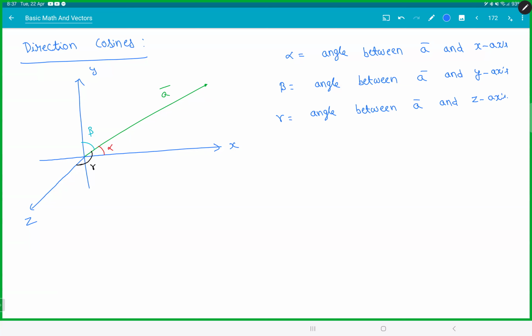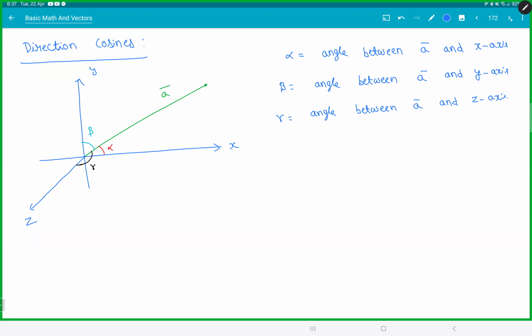So how do you find the angle between two vectors? Use the dot product, isn't it? So listen to this. When you say angle between a bar and the x-axis, indirectly you're asking me to find the angle between a bar and